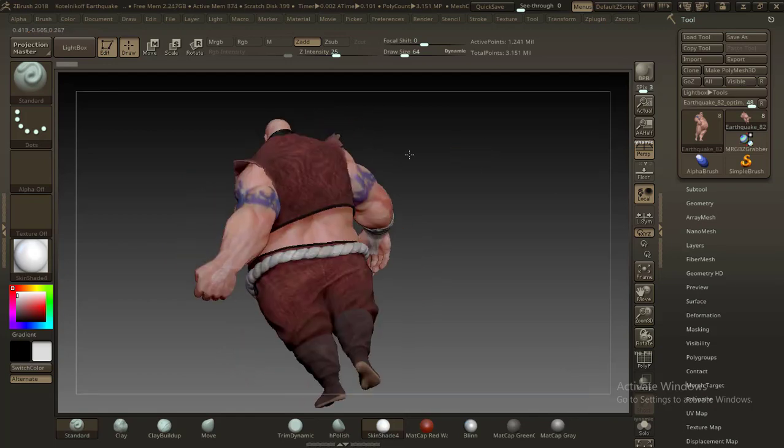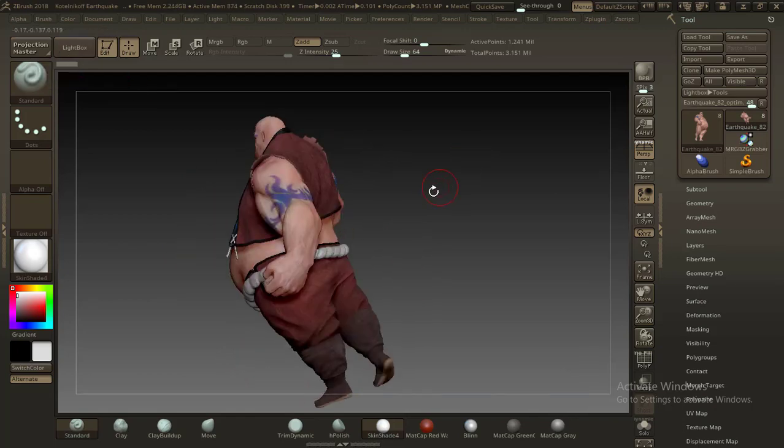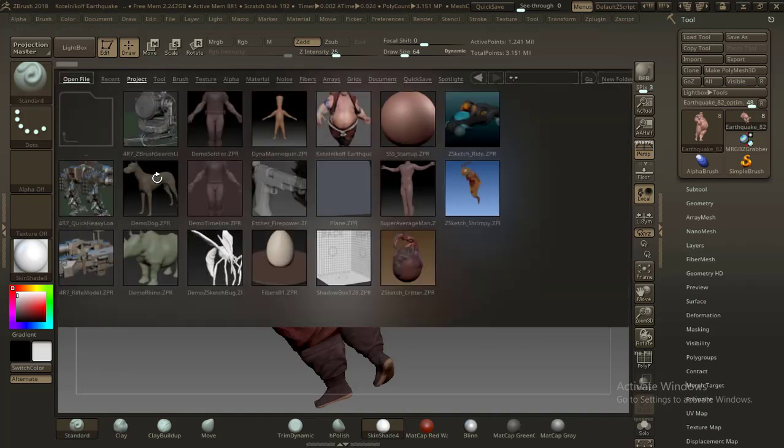Let me see what you've done. Add an extra character, add another character if you want. You can close ZBrush, open Lightbox, come to the demo project. You can add the rhino, the insect, the free human body, the sphere, the mannequin, this dog, whatever it is, and just play around with it. Rotate. I want to see you